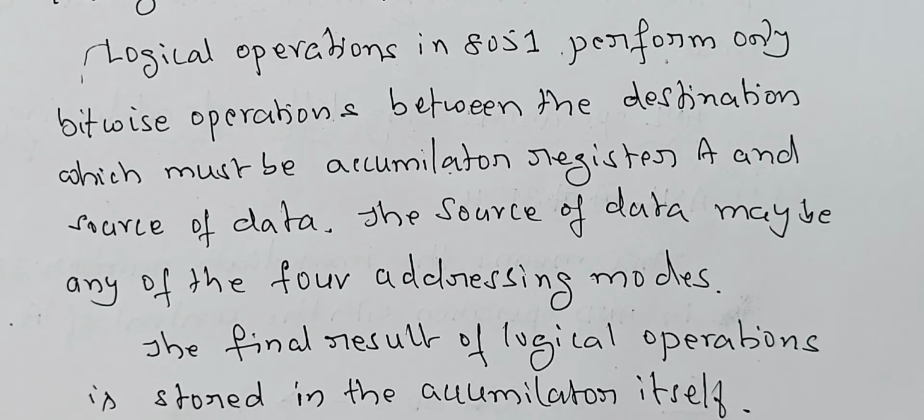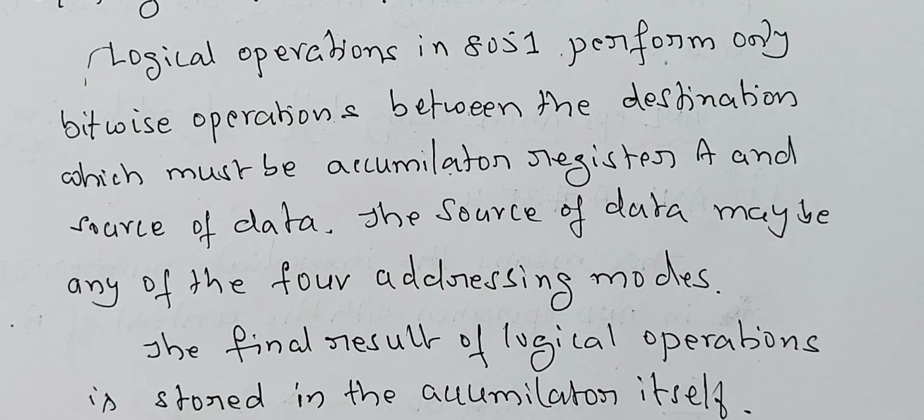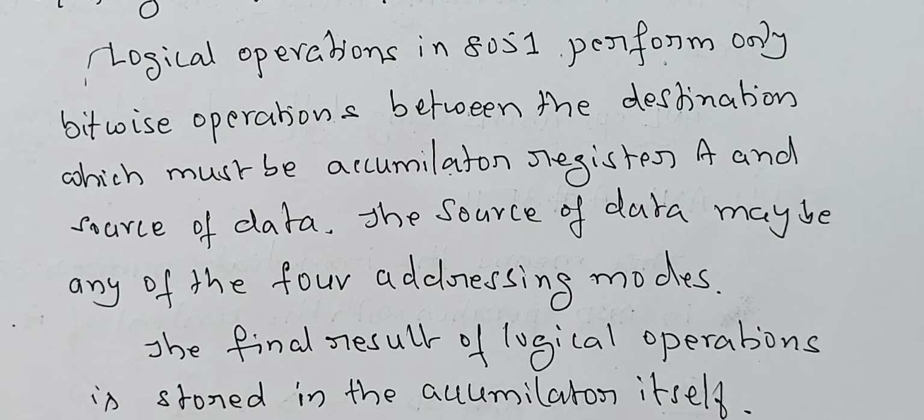Here, during logical operations, the destination must always be the accumulator A, and it cannot be any other register. The destination must be the register A only, and after logical operations, the result is always stored in the accumulator register A only. That is, the result is stored in the destination only. And the source may be anything